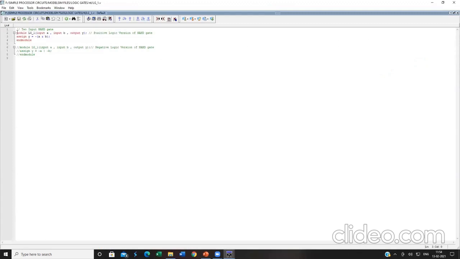Now what I am going to do is disable my positive logic version and enable my negative logic version. If each line of the program is converted into a comment, it will be discarded by the compiler. That is called disabling a program. Remove this. Removing the comments means they get converted into program statements. Now I have enabled my negative logic version and disabled my positive logic version.